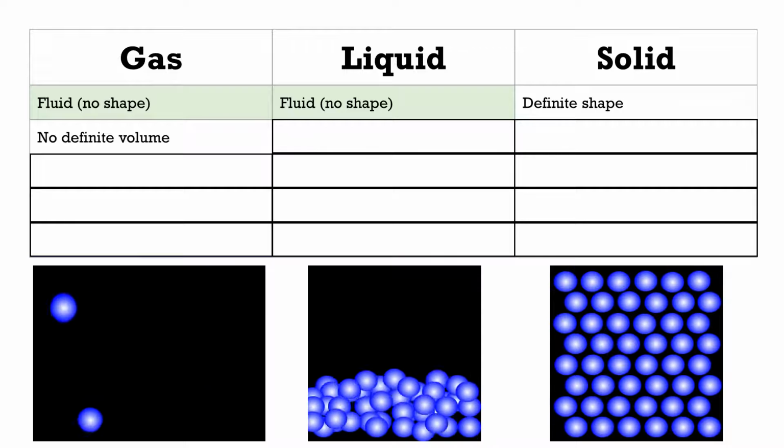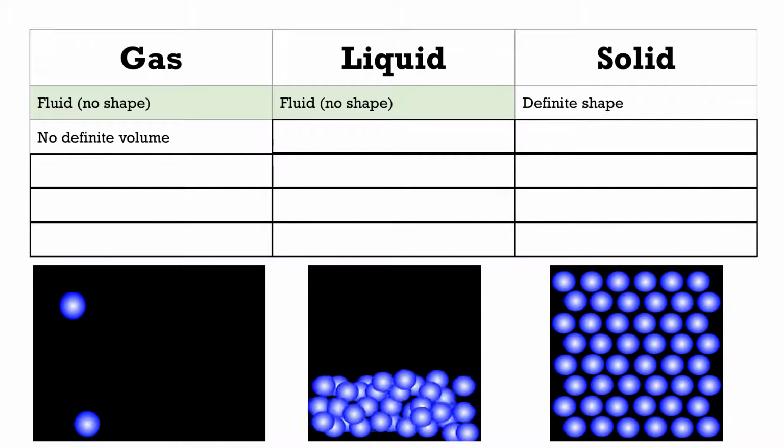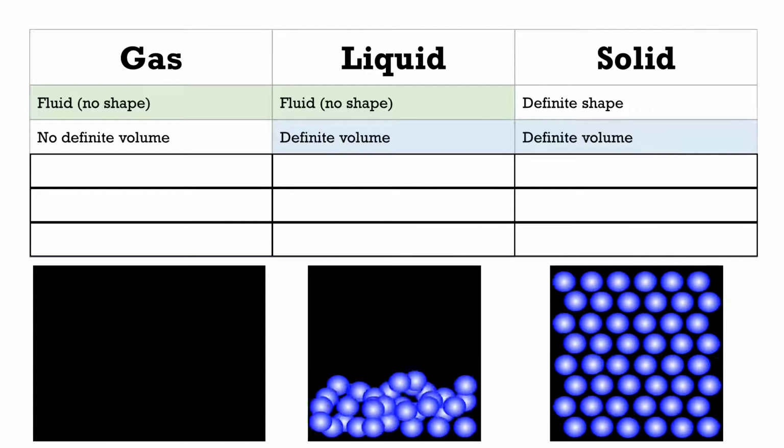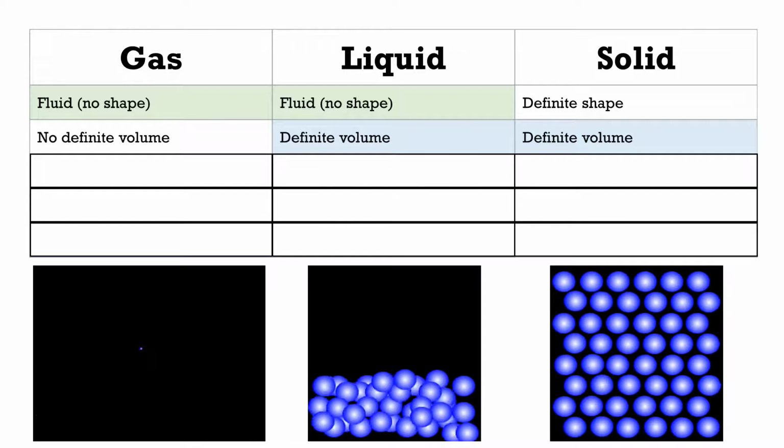Unlike the other two, gases do not have a definite volume. Basically, if you release gases in an enclosed area, they will take on the entire volume of that area. Liquids will not do that. They will take on the shape, but they have a set volume. So, liquids and solids do have that in common: a definite volume. They're not just going to take on whatever volume they're in.